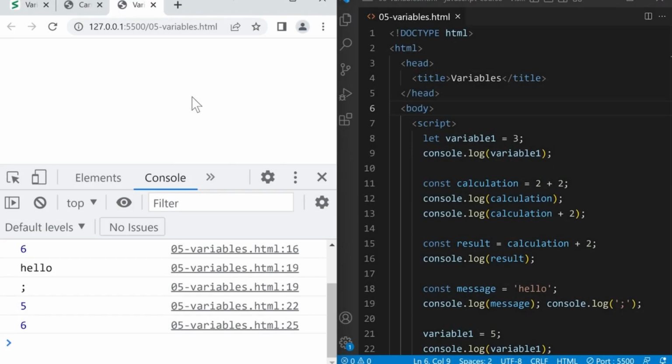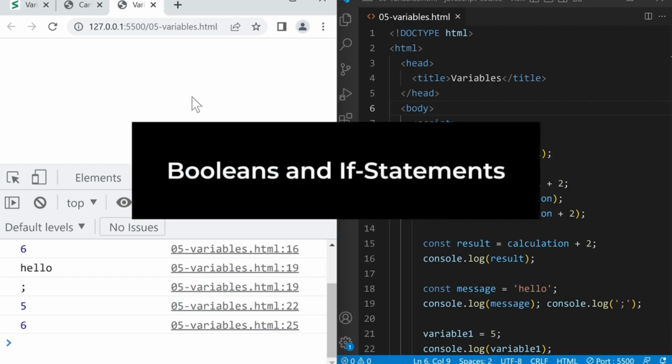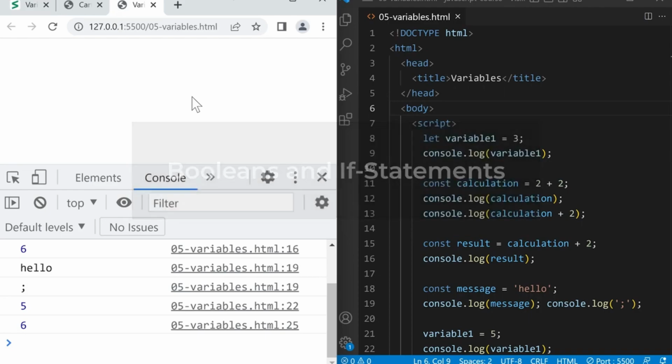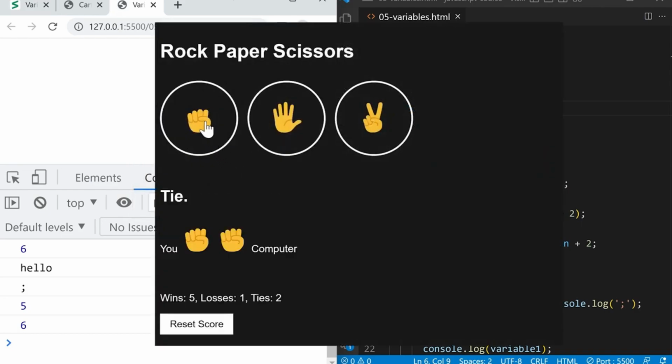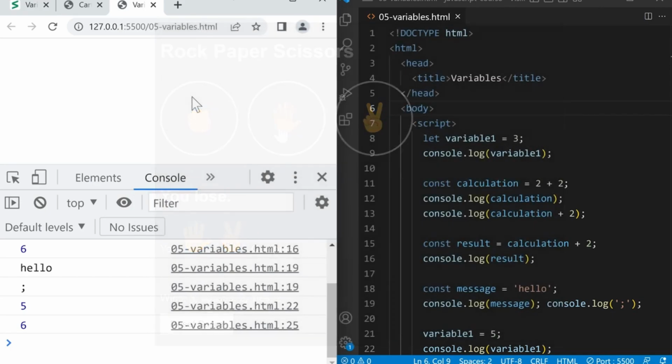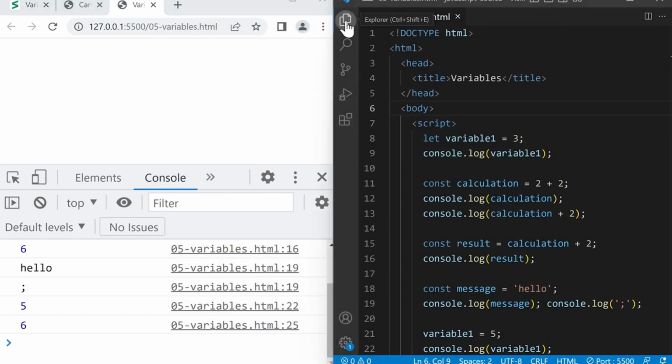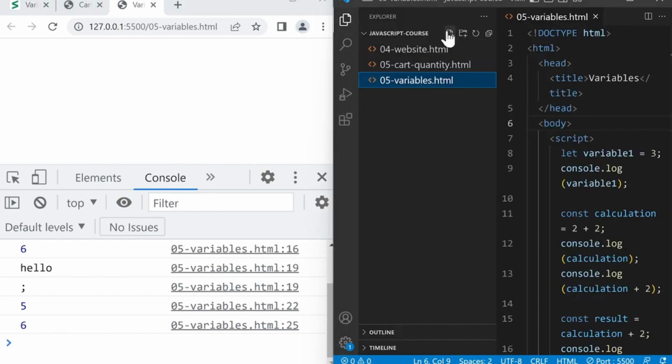In this lesson, we're going to learn 2 more features of JavaScript called Booleans and if statements. And we're going to use these features to build this rock, paper, scissors project. Let's start by creating a new HTML file for this lesson. We're going to go to our code editor and click this icon to show our files, and then click this icon to create a new file. We're going to name this file